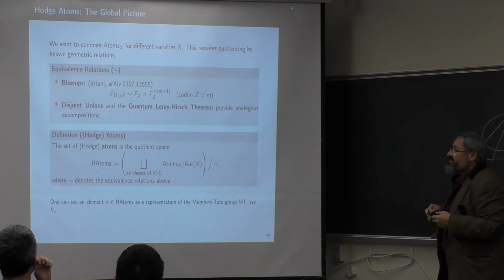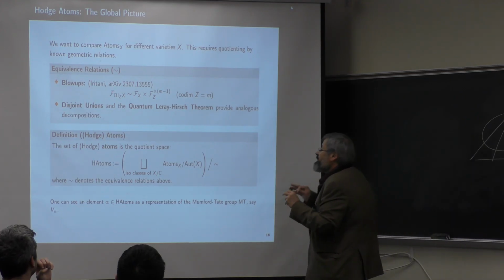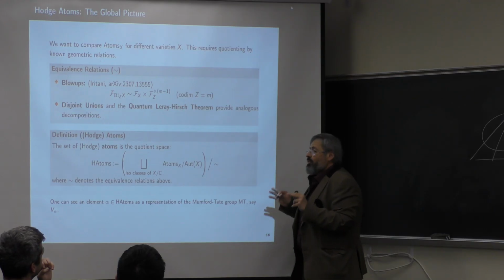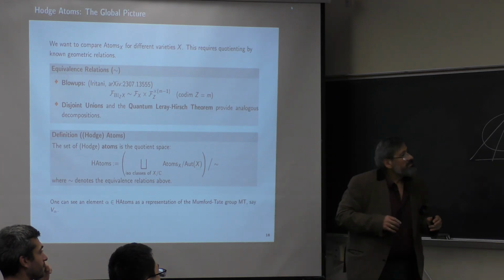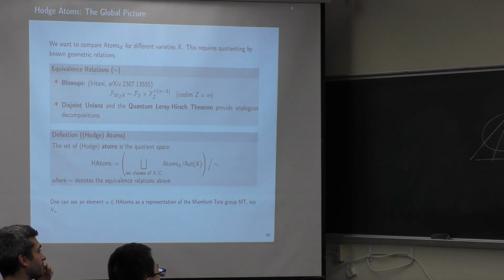Yes. What kind of object is the atom? Once again, it's a piece in the de Rham homology of your initial variety. In your picture, it looks like it's not a linear subspace of the de Rham homology. No, it is a linear subspace. But you said it's the components of the complement of. Yeah, so in the case of P2,